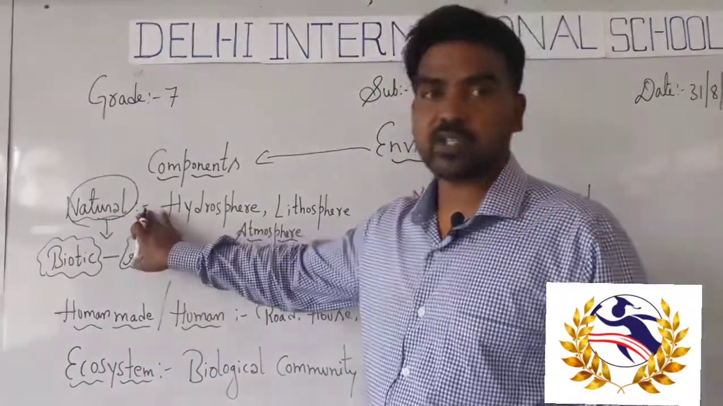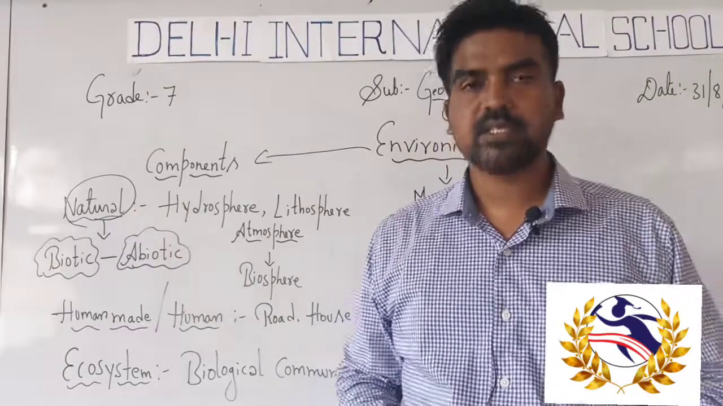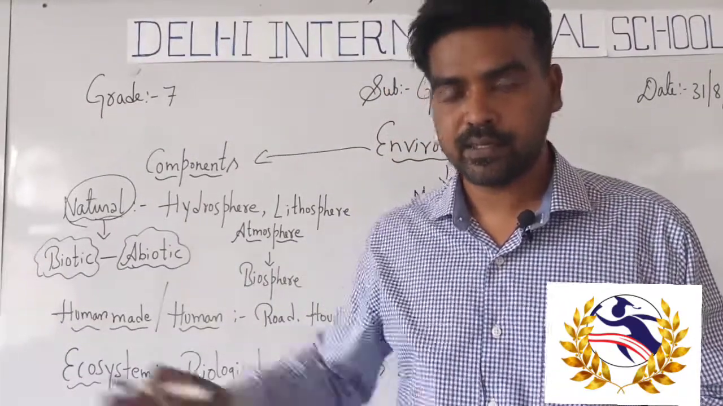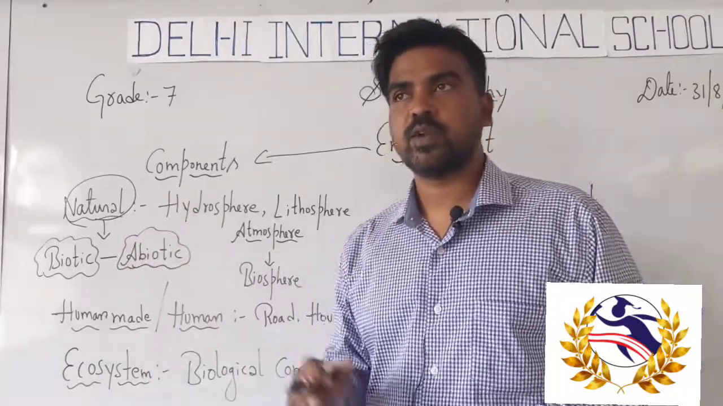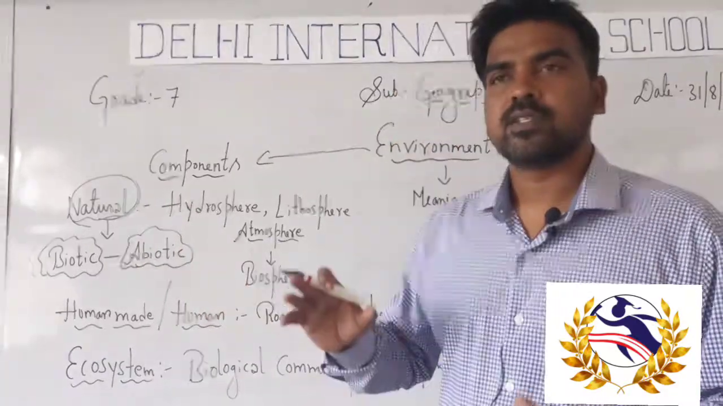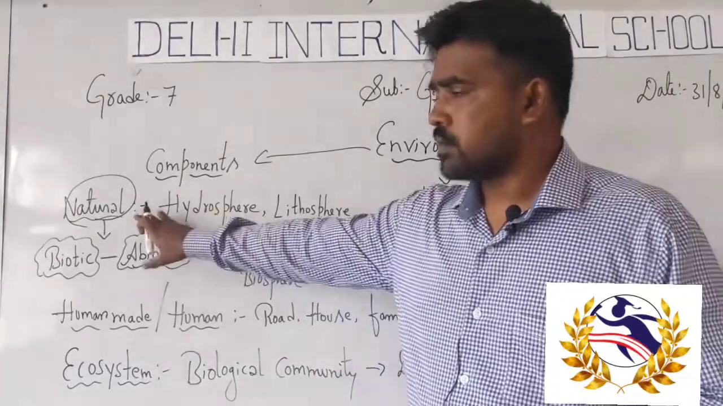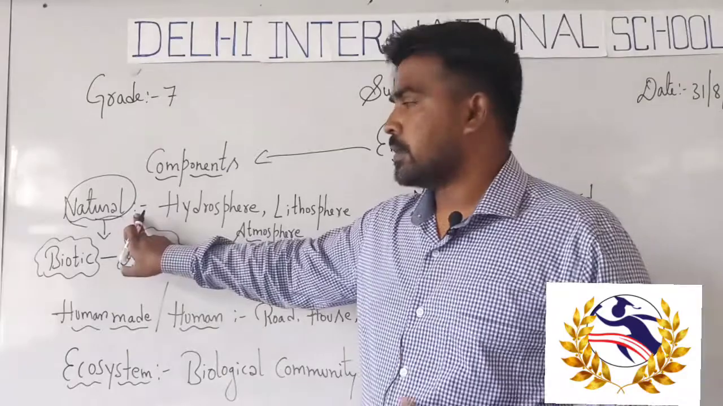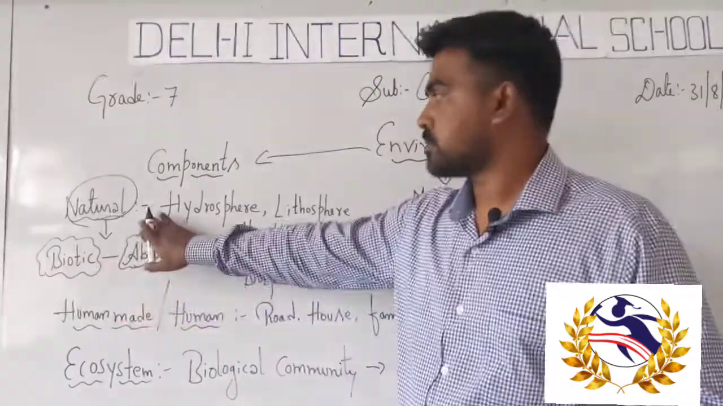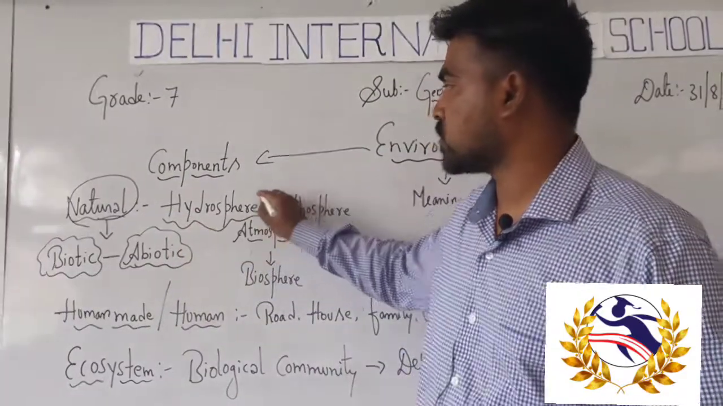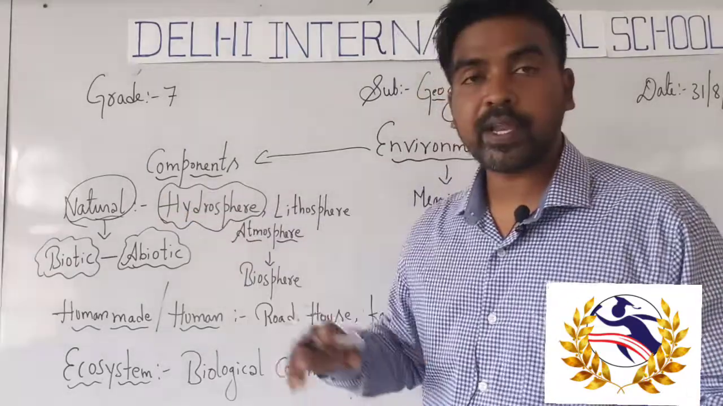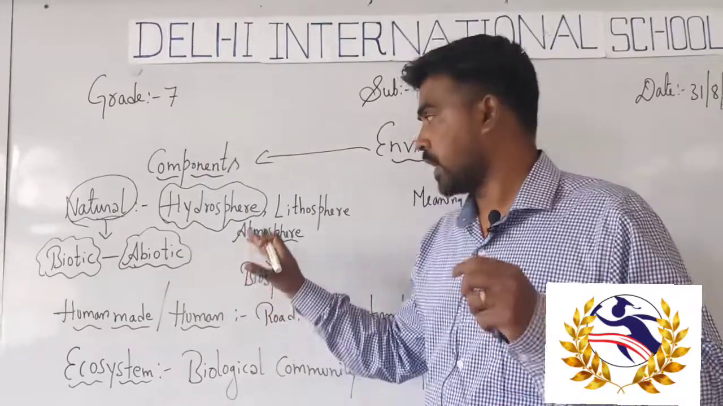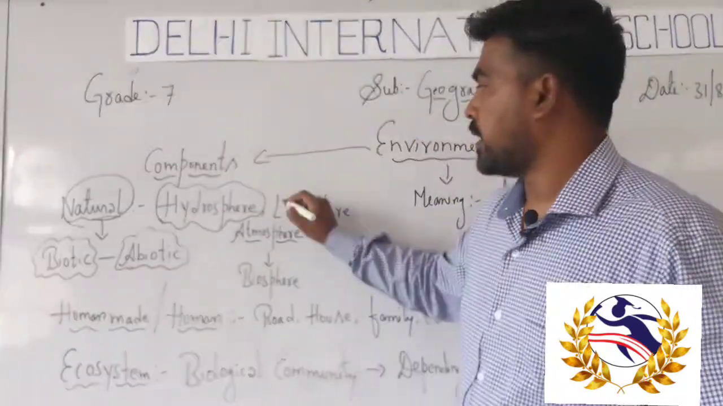So what do you mean by natural environment? Natural environment means things gifted by nature without any effort of humankind. Nature has gifted many things, and those environments are categorized. For example, in the natural environment we can see the hydrosphere, a domain of water. Hydro means water. And the lithosphere,